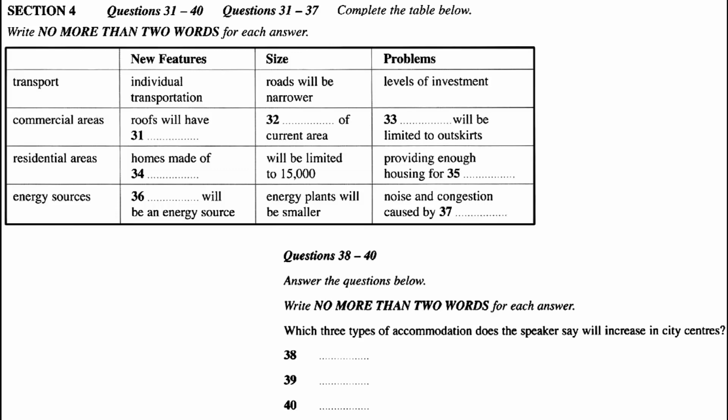And despite continuing shortages, there will also be a rise in the provision of retirement homes in city centres, so that the elderly can have easy access to hospitals and shops. Recently, we have seen a levelling off in the growth of private housing, and I think that will not change. But we are likely to see more social housing, as far fewer people will be able to afford to own their own homes. OK, now, if anybody has any...